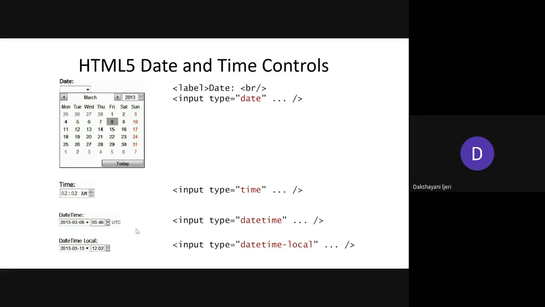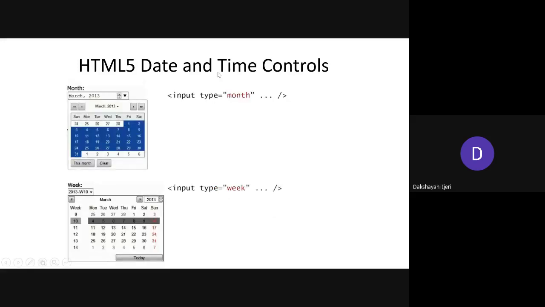Zone in the sense in which zone you want to give the input as a date or the time, whether you want to give it the Indian time or somewhere else from the other part of the world, right? But suppose if you want to restrict it to the local area, that is within India itself, at that time you can go for using the input type is equal to datetime-local. So this is going to consider the local timings to be taken as an input from the user, for which again it is going to give you the calendar along with the time inputs. Okay.